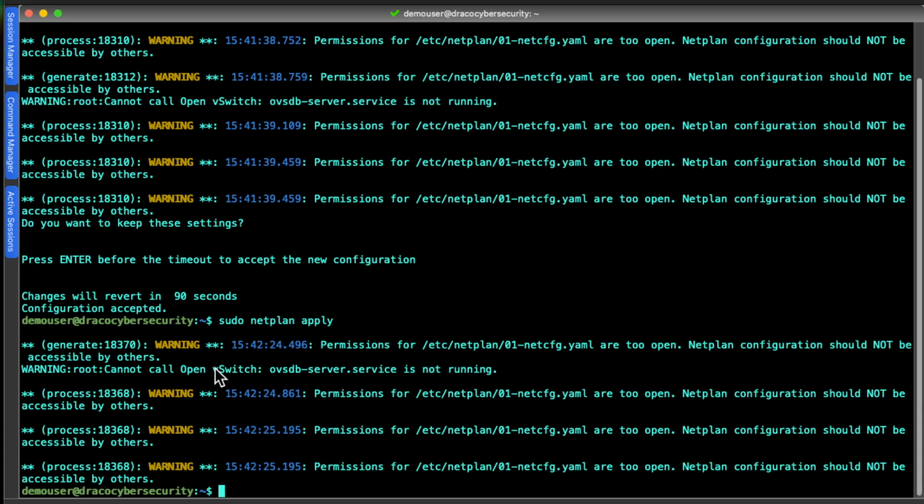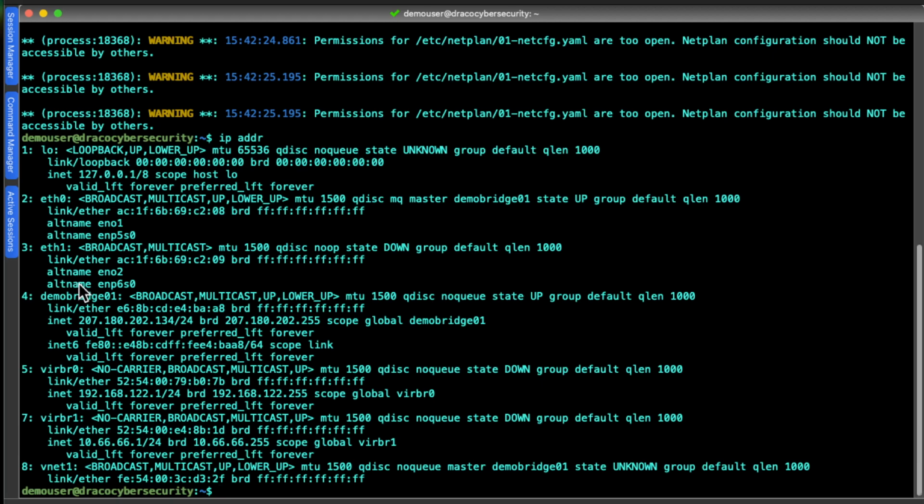Okay, we don't have vSwitch, so you can ignore all the warning. All right, so that's all you need to do to create a bridge. Now if I do an IP address now, you can see a demo bridge is being connected and the IP address is there. So once you have done it, the next step you want to do is to create